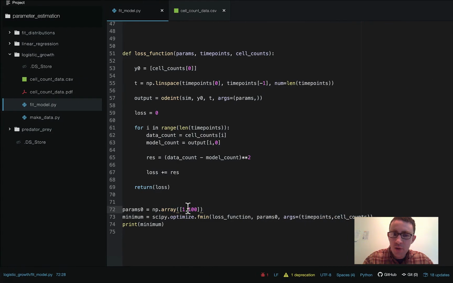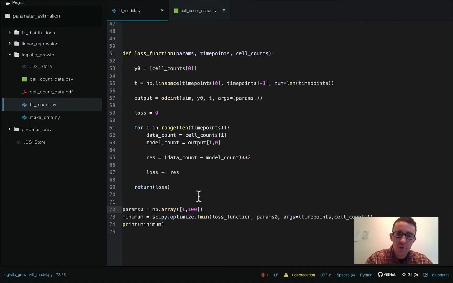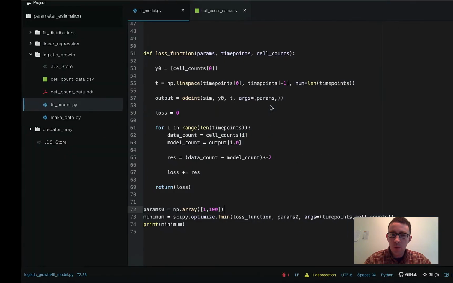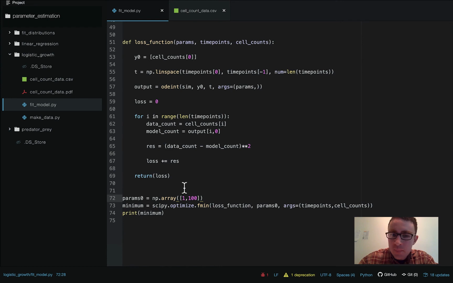And for the growth rate initial guess, I just said 1. Because we know that the growth rate isn't going to be negative, and secondly, it's not going to be anything like 1,000 or 1,000,000. So I just said 1 for a guess for the growth rate, and 100 for a guess for the carrying capacity, even though we can kind of see what it actually is. I don't want to make it too easy. I want to show you guys that it actually can be estimated here. But this is just saying our initial guesses